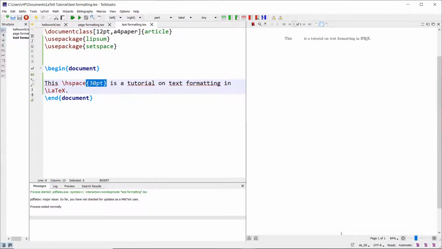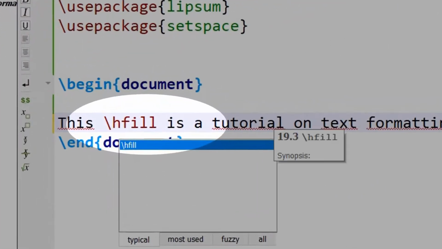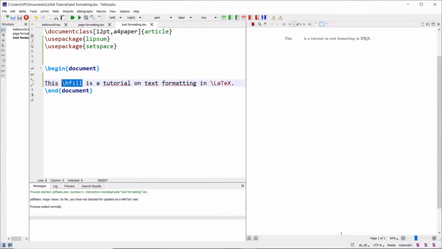And similar to vfill, which was the option for vertical spacing, you also have something called as hfill. The way hfill works is very similar to the way vfill works. Vfill filled the text vertically in the entire page.